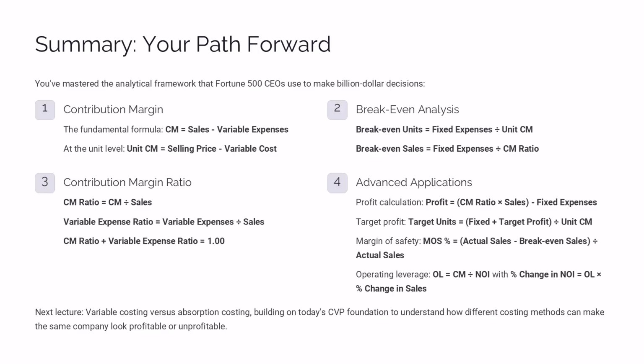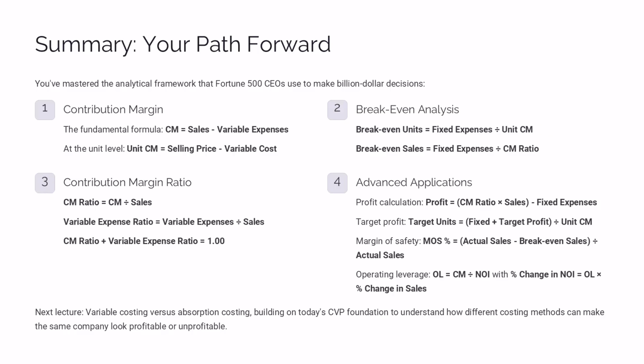You've mastered the contribution margin ratio formula: CM ratio equals CM divided by sales, that powerful percentage that lets you compare any businesses regardless of size, and its complement: variable expense ratio equals variable expenses divided by sales, where CM ratio plus variable expense ratio equals 1.00, understanding why software companies trade at 50 times earnings, while grocery stores trade